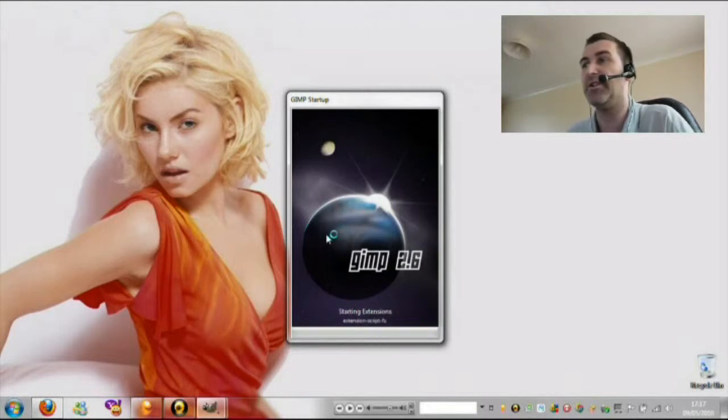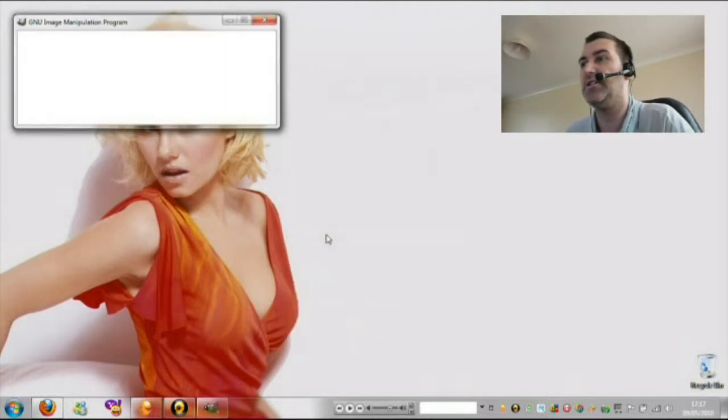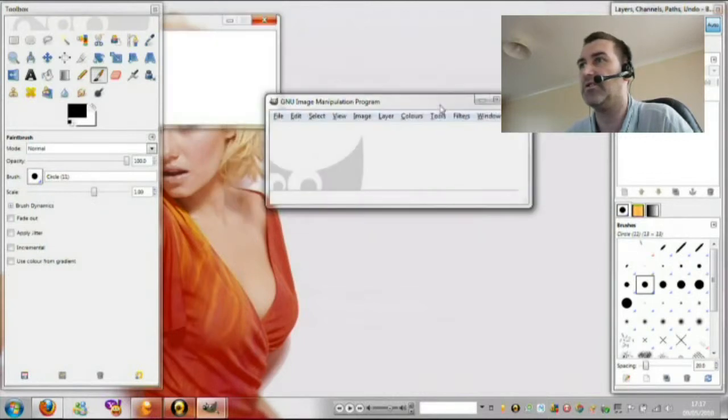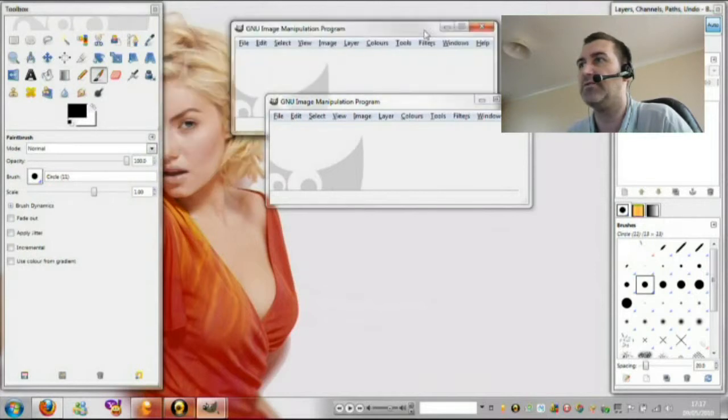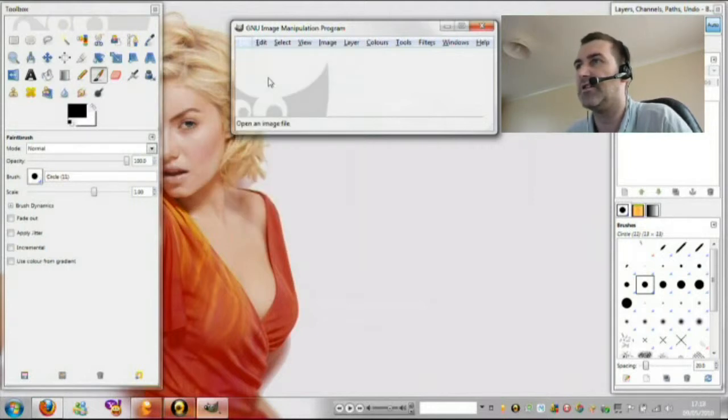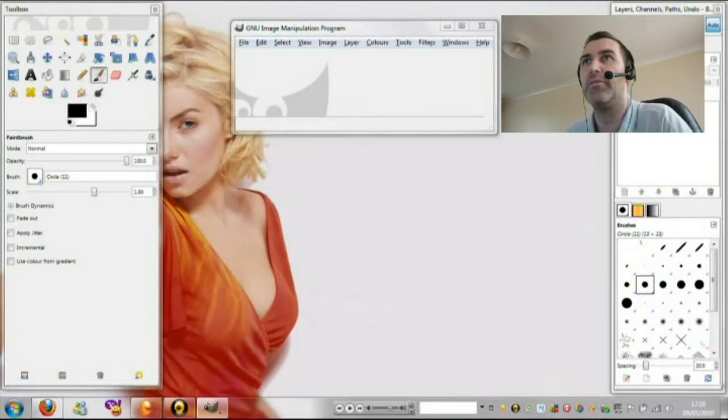Again, never compare the two side by side. Linux may well be slower, it might be quicker, I don't know. Should have put a stopwatch to it really. Still thinking about it. And still thinking about it. And there we go. So that's how long it took to open up our art program, because I opened it twice. Right, so that's not a real fair test, but if we open up that image,